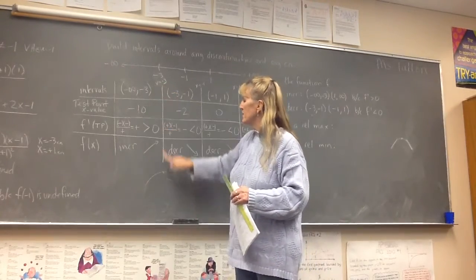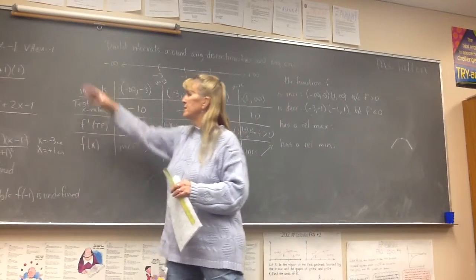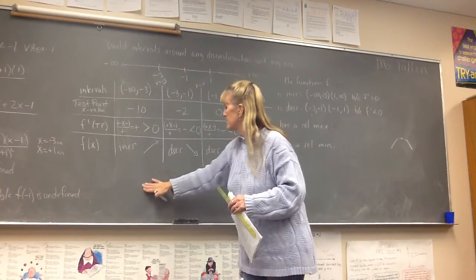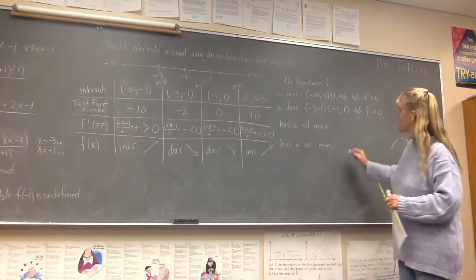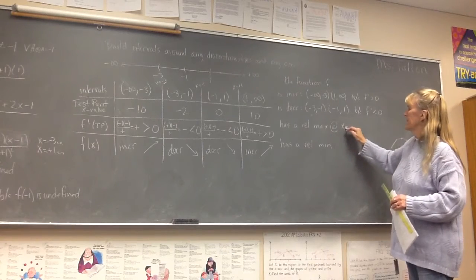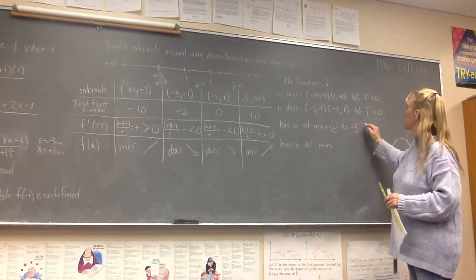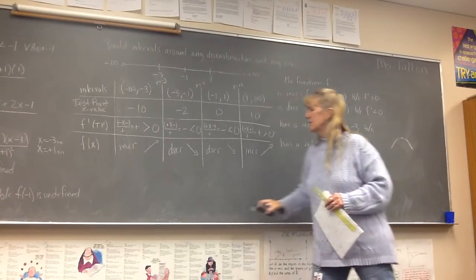And the critical number is definitely defined in the original function. So we're good on that. Okay. So we have a relative max at x equals, what is that? Negative 3. And why is that? Let's use our first derivative test. We have a relative min